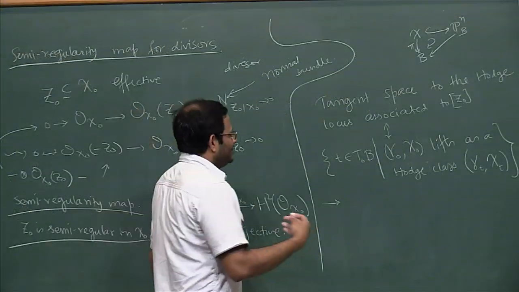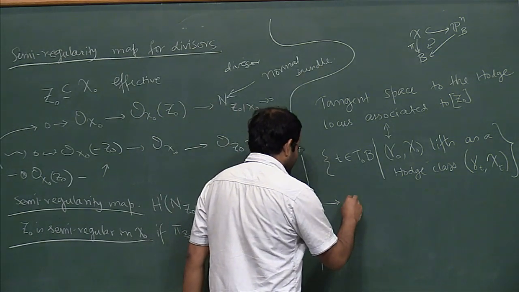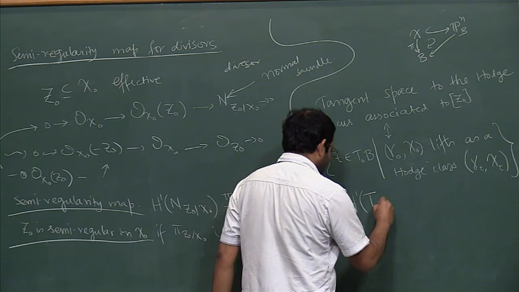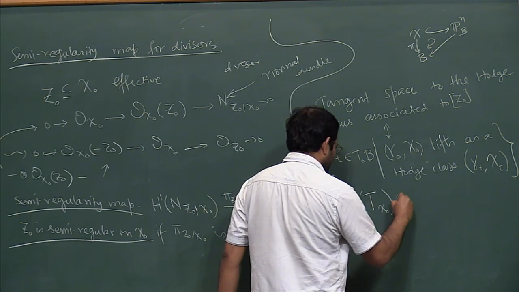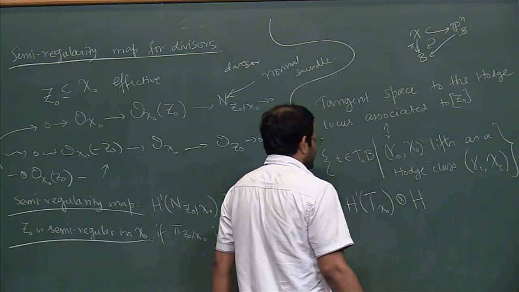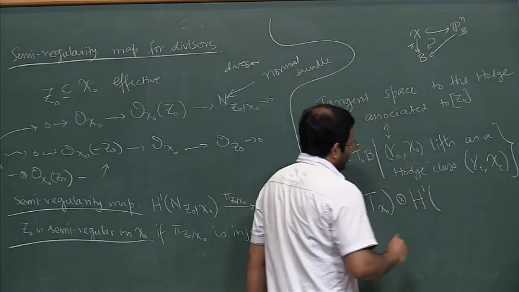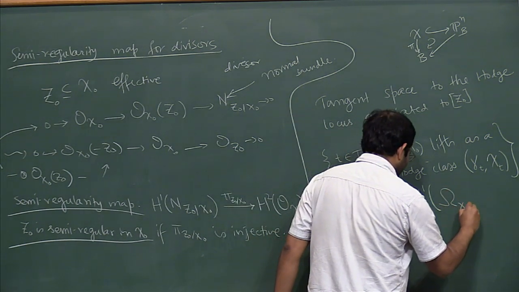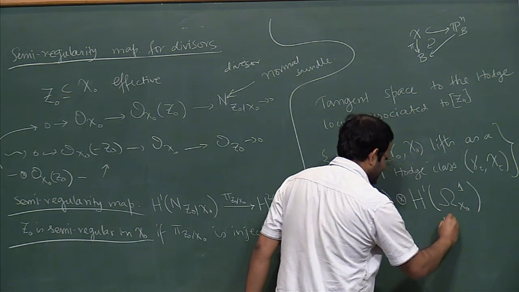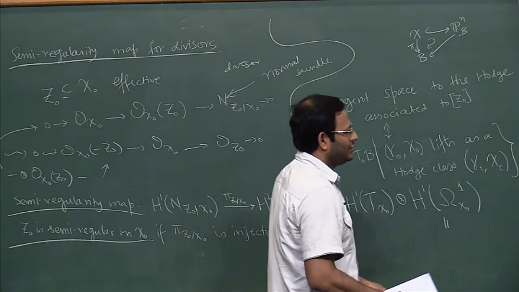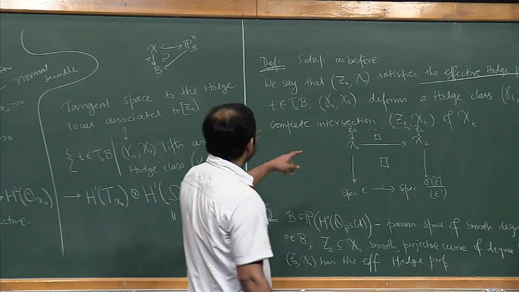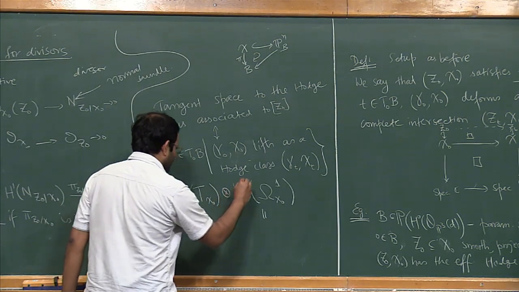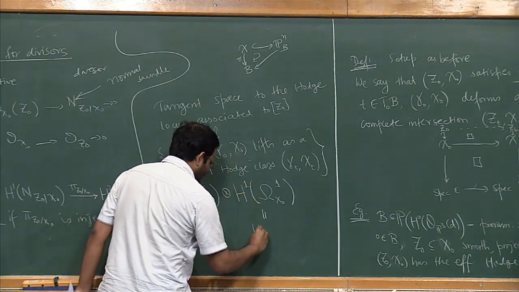But there is a nice way of computing the tangent space, and that is using the cup product. What I can do is take H. Okay, so another thing that I have not said is that we are now working in codimension 1. We had P before, where we were working in codimension P, but now here we are in codimension 1. So, this is actually the (1,1).